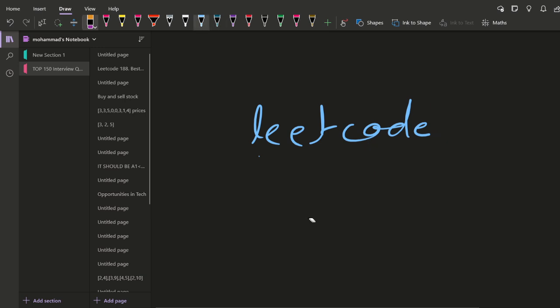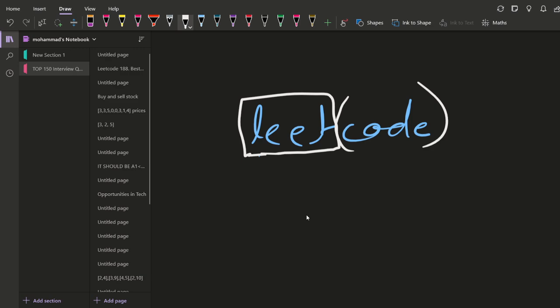Instead of doing this, what you can do is just try searching the word in the beginning. So L is not present in the dictionary, then LE is not present in the dictionary, LEE is also not there, LEET is there. So just take this part and then perform the same algorithm on the remaining part.